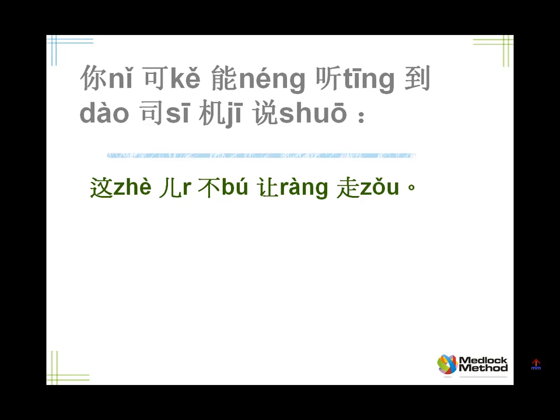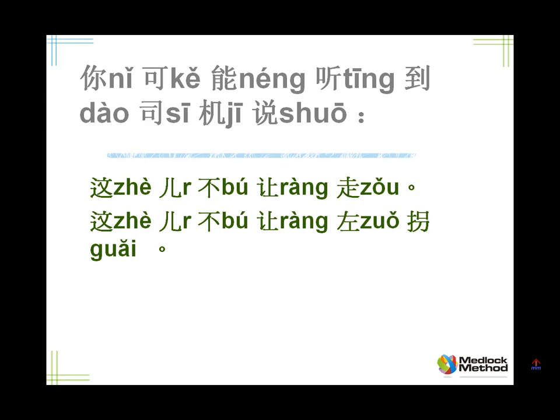Another situation is that you want to make a left turn, but you're not allowed to. It's illegal. So how do you say left turn? 左拐. Tell me, here you're not allowed to make a left turn. 这不让左拐. And let's do a right turn as well. Say, here you're not allowed to do a right turn. 这不让右拐.